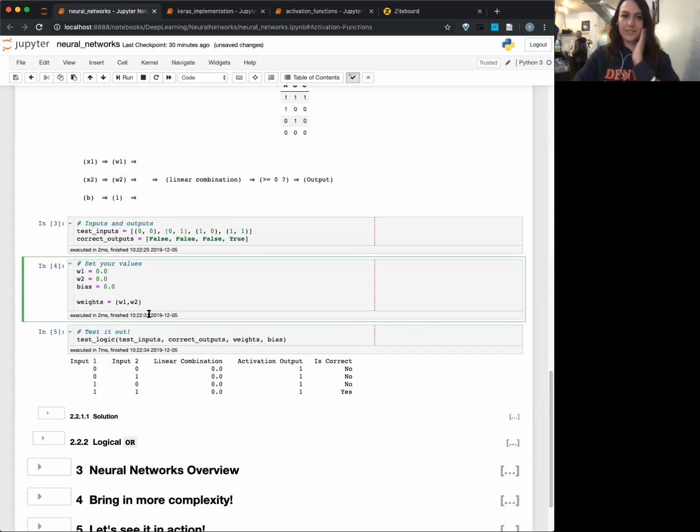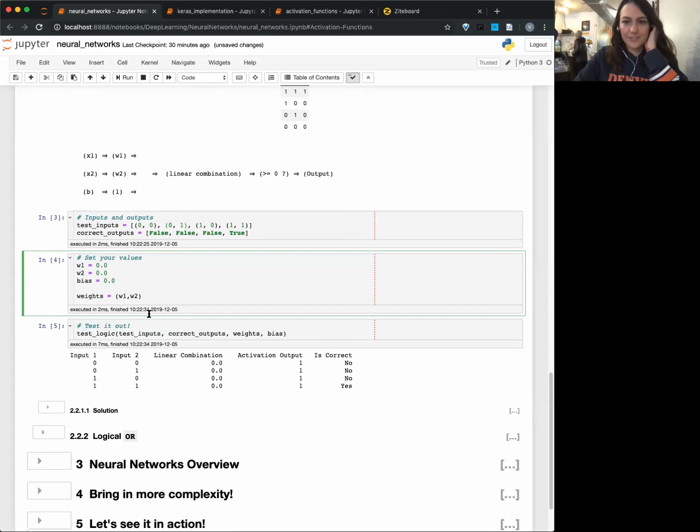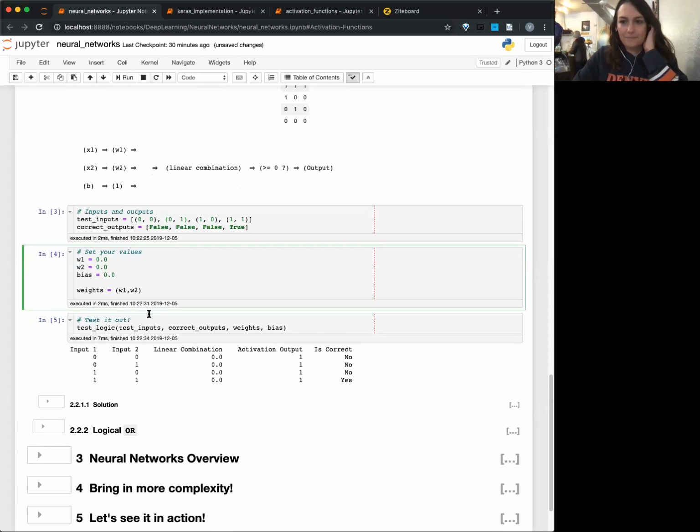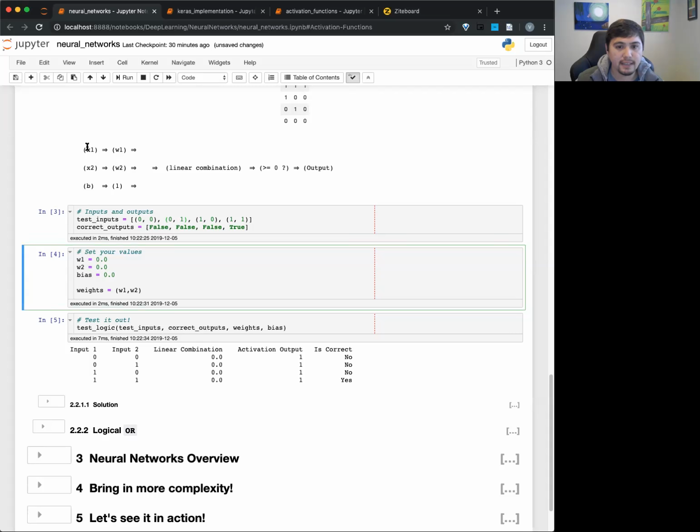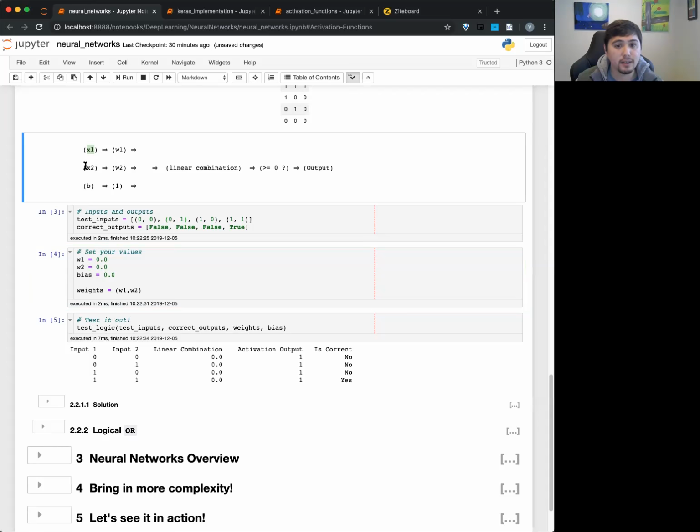Are we supposed to come up with specific numbers or just anything? Yeah, I mean, you can think of it strategically. Remember, this is going to be x1, whatever x1 is, which is either going to be 0 or 1, times w1, plus x2 times w2, and then b, and then you sum those all together and see if that's greater than 0.